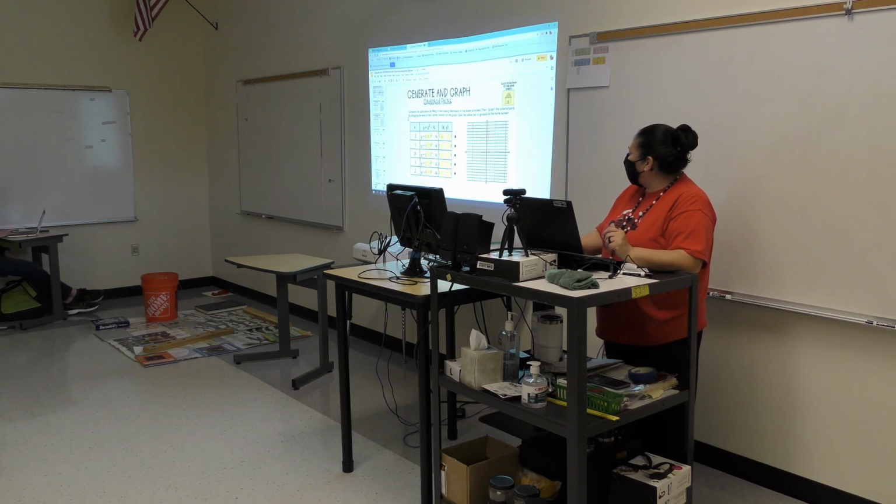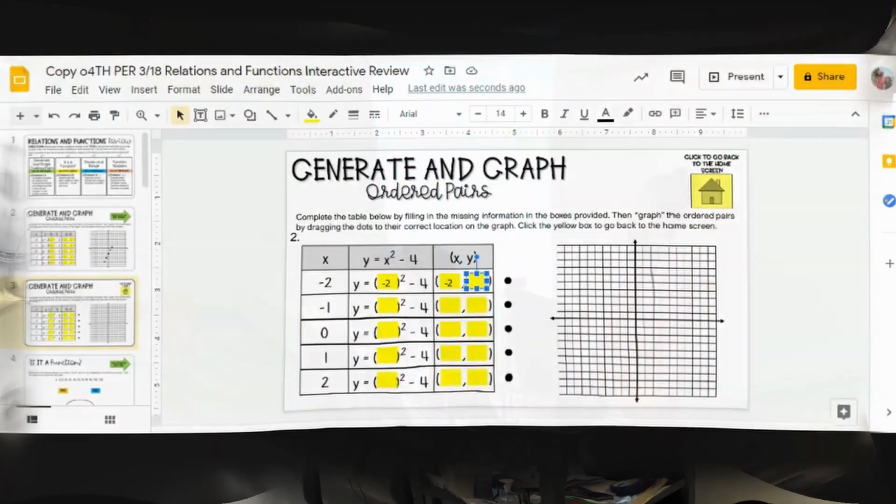as you are presenting. Compute the output. So -2 squared is -2 times -2, which is +4. 4 minus 4 is